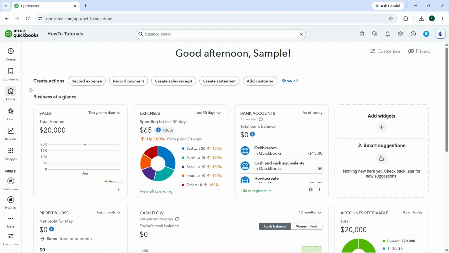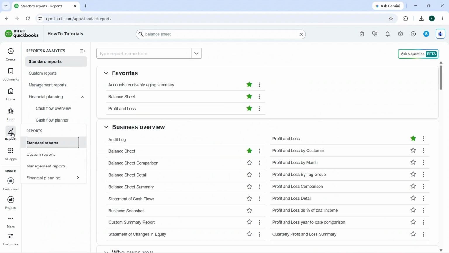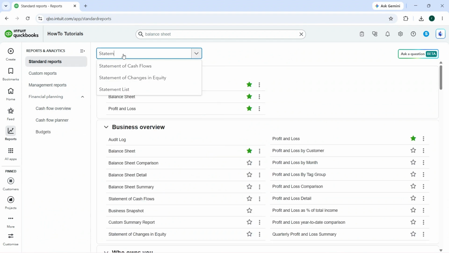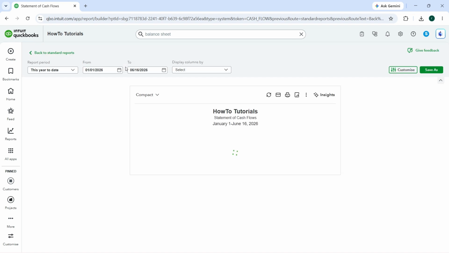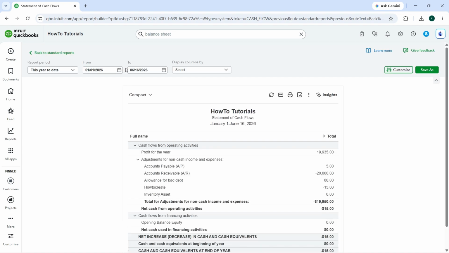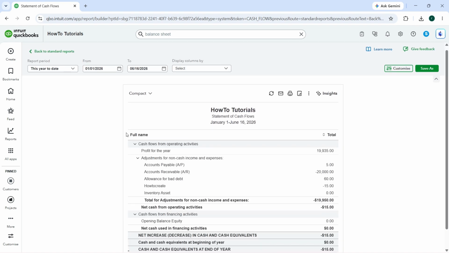Once you're inside QuickBooks, simply click Reports from the left navigation menu. At the top of the Reports page, click the search bar and type Statement of Cash Flows. Select the report when it appears. QuickBooks will open the Statement of Cash Flows report, which shows how cash moved into and out of your business